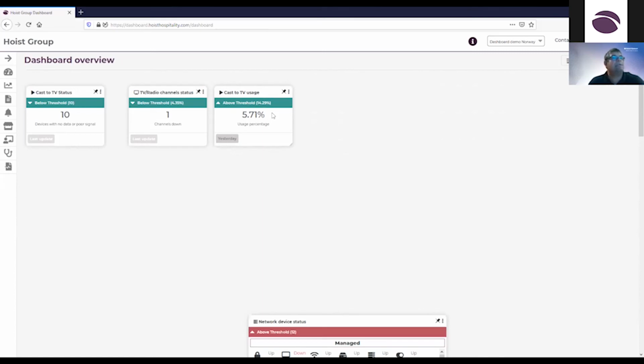Let's assume that this is a trial within a hotel where some of the rooms have been converted to Caster TV on top of the TV platform. And really the question being posed here is, do I expand that service to all of my rooms? Okay. If I click on the enlarged view,